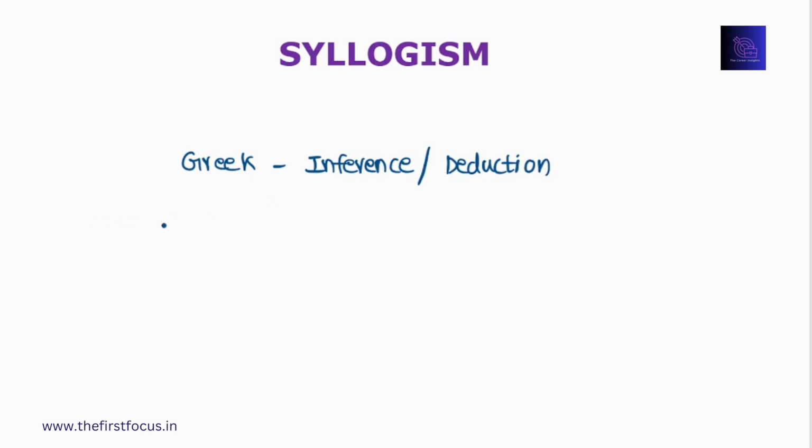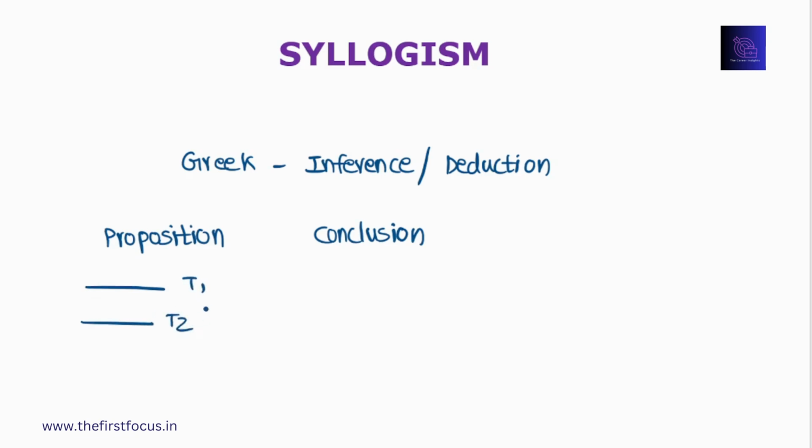The problems based on syllogisms have two parts. The first part is proposition and the second part is conclusion. The proposition is nothing but a sentence that makes a statement giving a relation between two terms. And the conclusion is what we draw from the first proposition or the second proposition or from both the propositions. What we have to do here is check whether the conclusion given is true or false